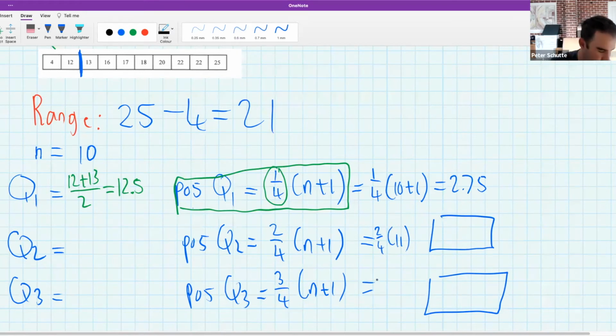So that's 10 plus 1 is 11. So that's going to be 5.5. And then this is going to be